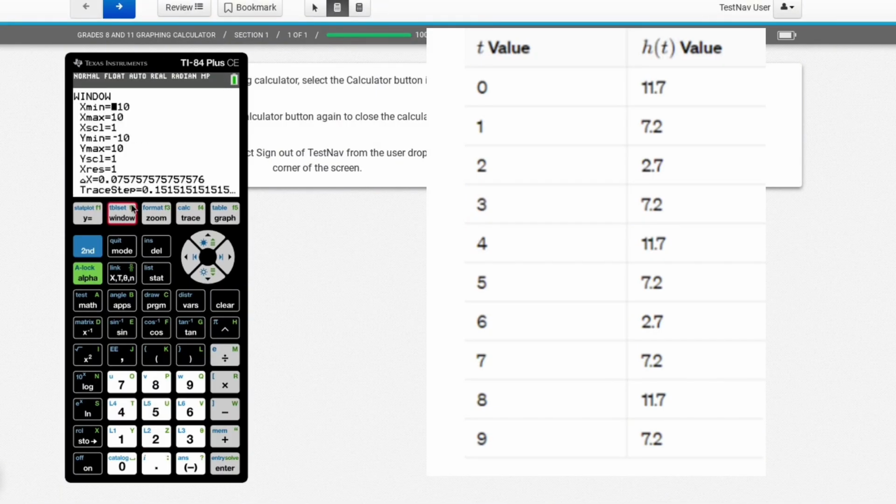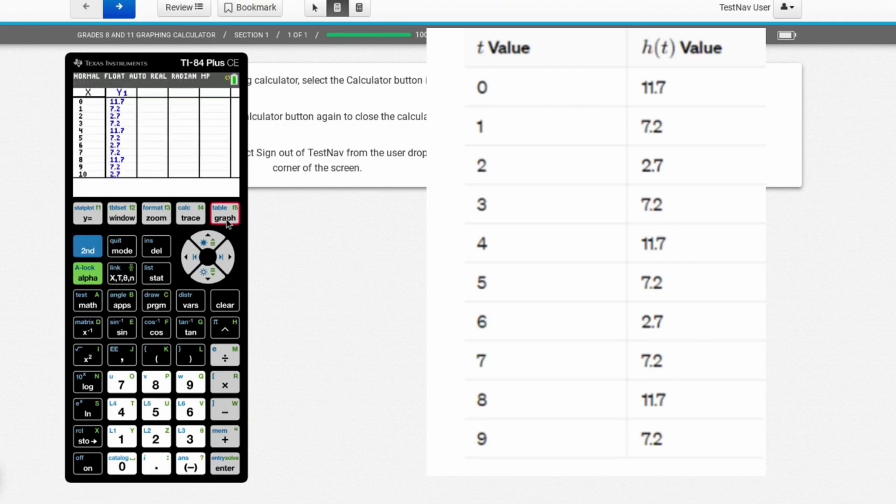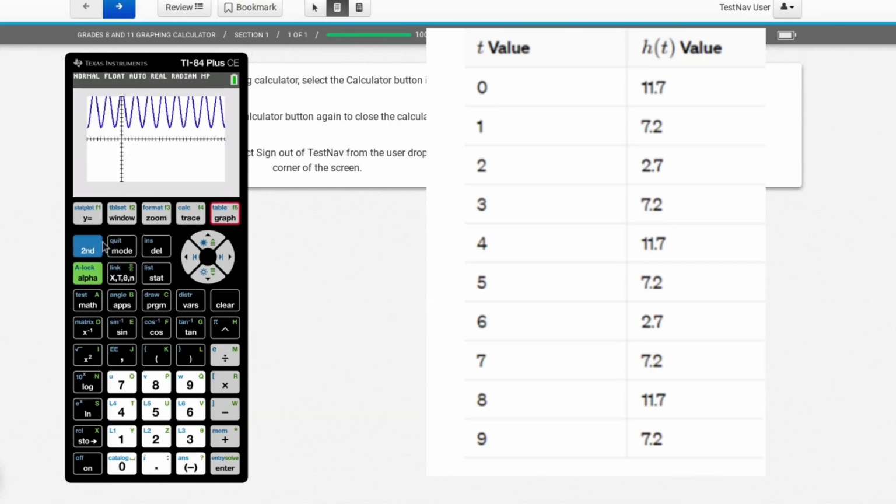I'm going to go to my window, and I'm going to keep everything the way it is, but I'm going to change my x max to 30. Okay? X max is now changed to 30. So when I go to my graph, or I'll hit graph first, there it is. Now when I go to calc and do value, I will be able to type in 17.5. So it's just one of the flaws that the TI-84 Plus calculators have. But by doing this, we get